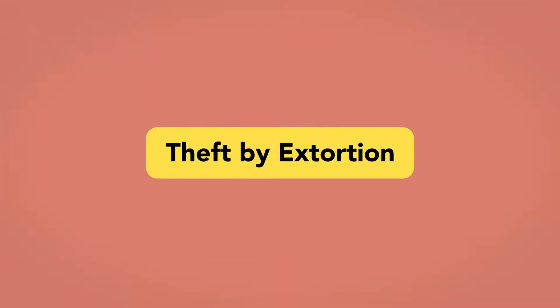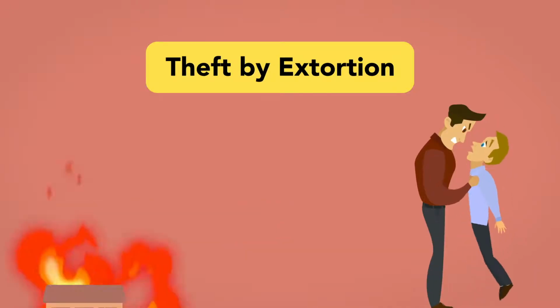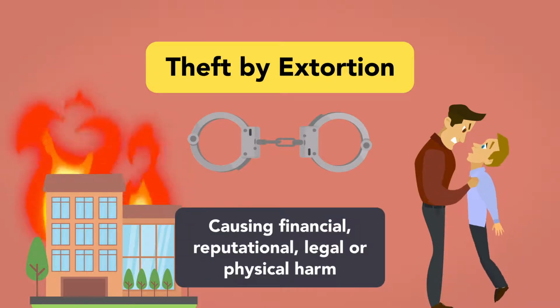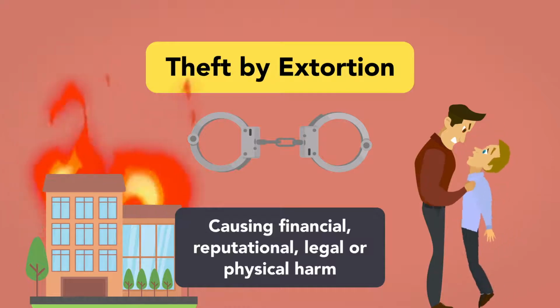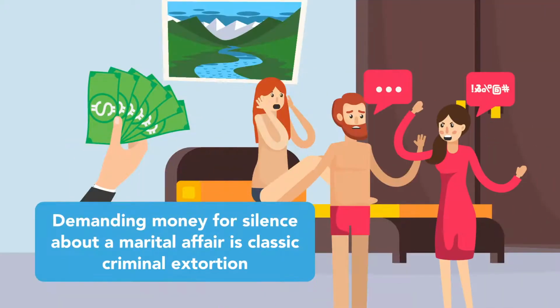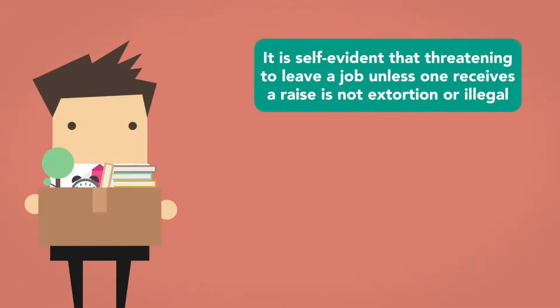Theft by extortion occurs when someone compels a victim to deliver property or services by instilling fear through threats of physical injury, property damage, engaging in other criminal acts, or otherwise causing financial, reputational, legal, or physical harm. The threatened action does not necessarily need to be illegal, but does need to be immoral or wrongful in some way. For example, demanding money for silence about a marital affair is classic criminal extortion, even though disclosing the affair is not inherently illegal. But it's self-evident that threatening to leave a job unless one receives a raise is not